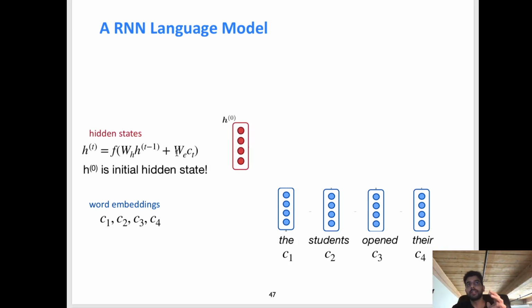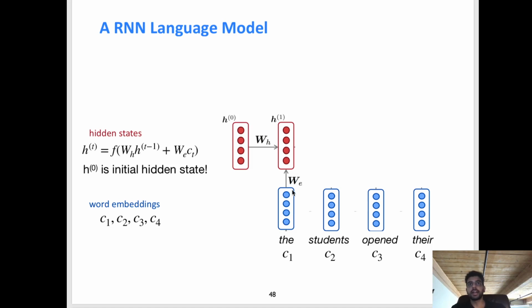We're going to have this same concept of a hidden state, except this equation looks different than it did for the fixed window language model. You'll immediately notice that there are actually 2 weight matrices here instead of just 1, and we'll look into the actual roles of those in a couple of steps. We're first going to start with an initial hidden state. This is what we have before we've seen any words. It's just like our base representation for any sequence. Now, we're going to integrate this representation with the first word of our prefix, "the."